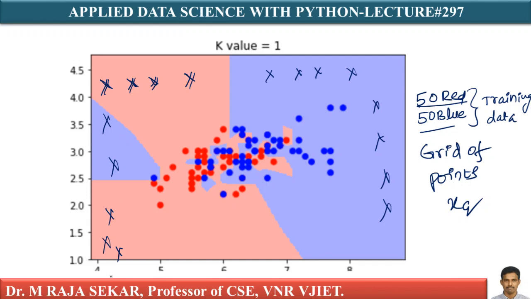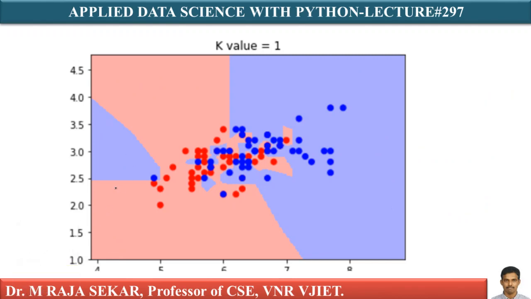If you observe carefully, let me show like this. If I have a query point here, what is my one nearest neighbor? One nearest neighbor is the red point. Therefore, I will color it with the red color as k equal to 1. If I take a point somewhere here, this one nearest neighbor is blue. Therefore, I will color it blue. If I take any point here, this one nearest neighbor is a red point. Therefore, I will color this region red.